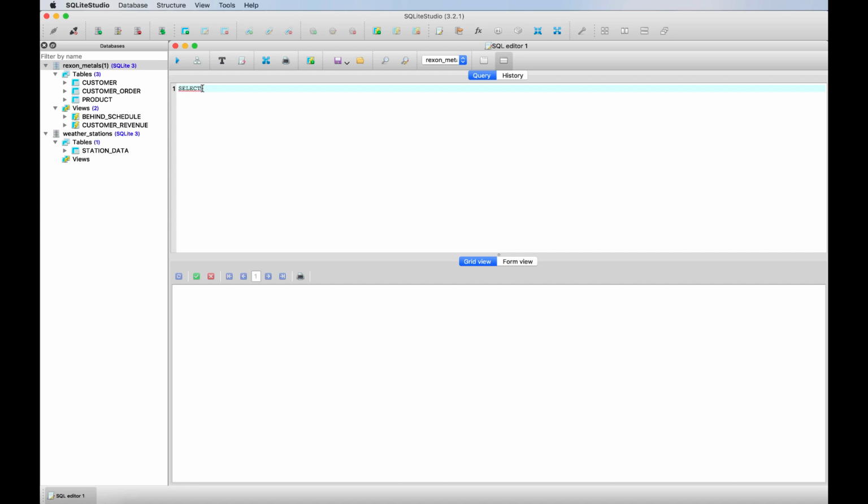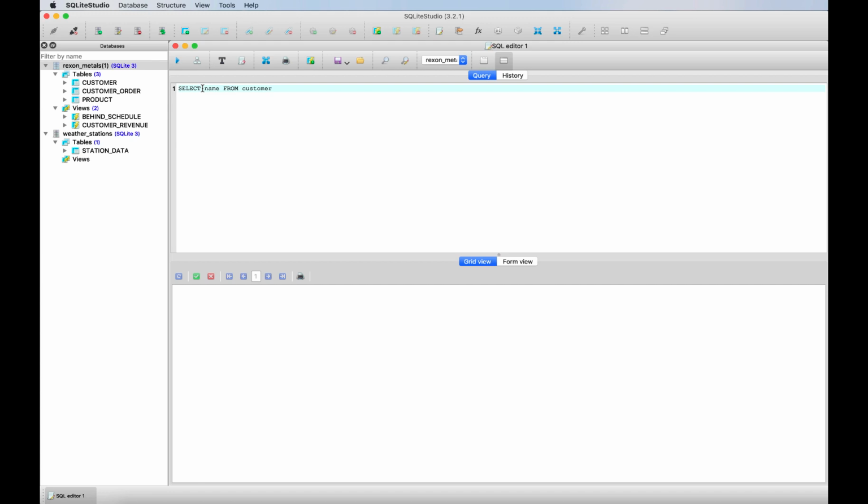But it is good practice to capitalize the commands, so that when you're debugging it's easier to find them when you write it in a certain way with the commands capitalized. So SELECT, again, we want customer name. So SELECT name, and then where do you want it from? You have to specify the table. I want it from the table